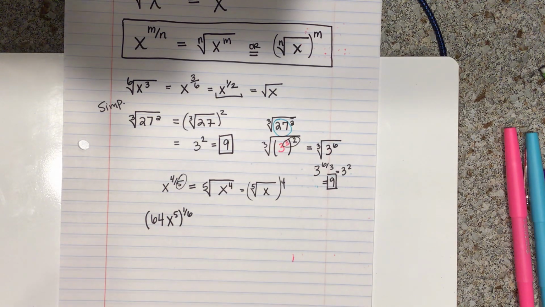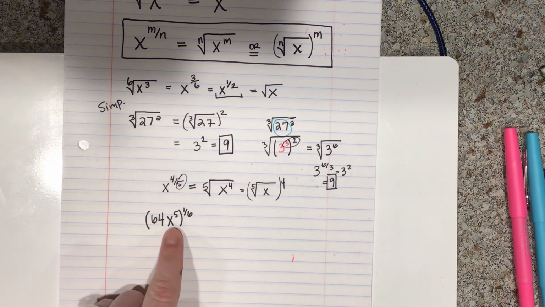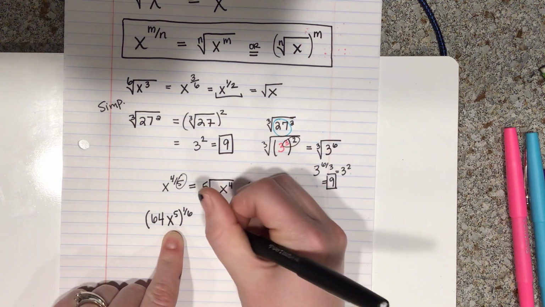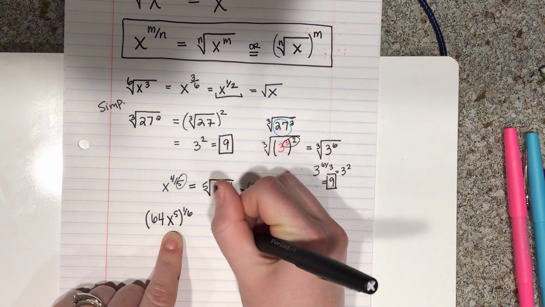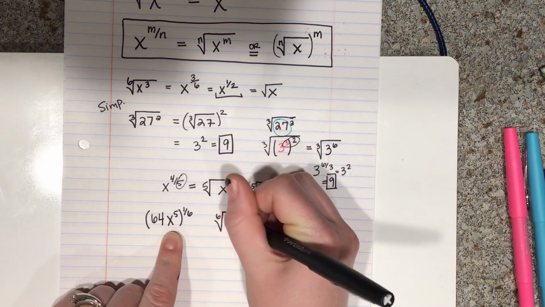Now, I asked you to rewrite it in radical form and simplify. Well, this 1/6 belongs to the 64 and to the x to the 5th. So they're both going to have to go into the radical. So I have the 6th root of 64